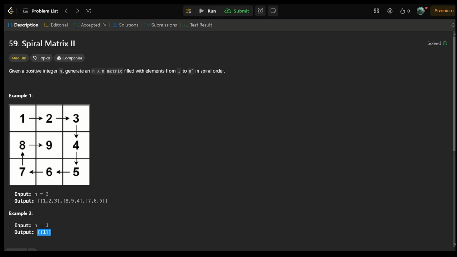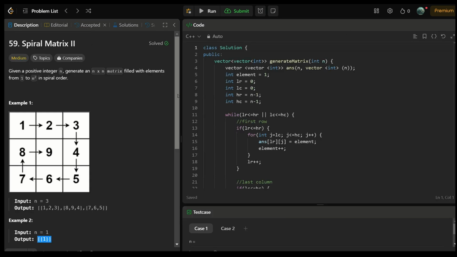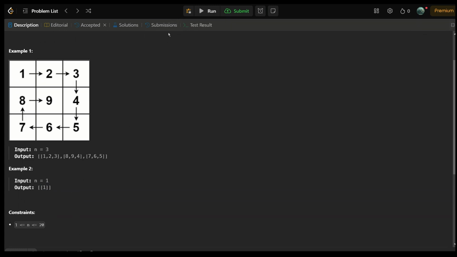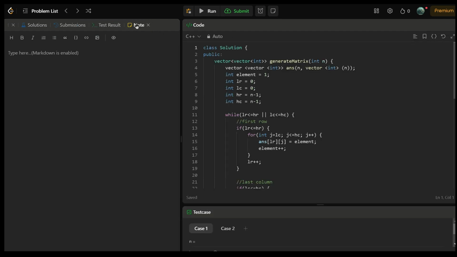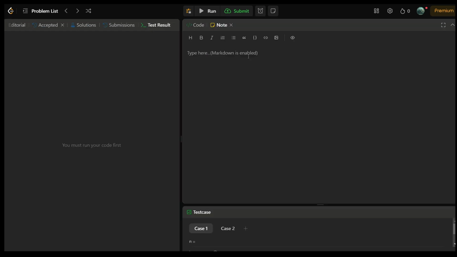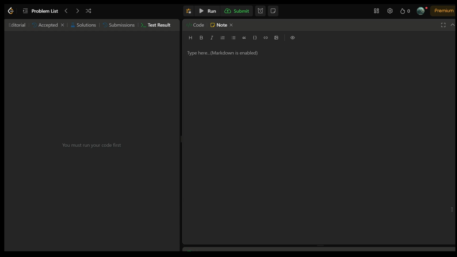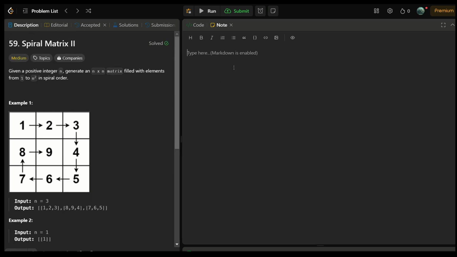So now let's look at the example. Let me just open this notepad. So if you look at this, let's look at the example over here. If we are given n as 3 for this example, then basically we would take 4